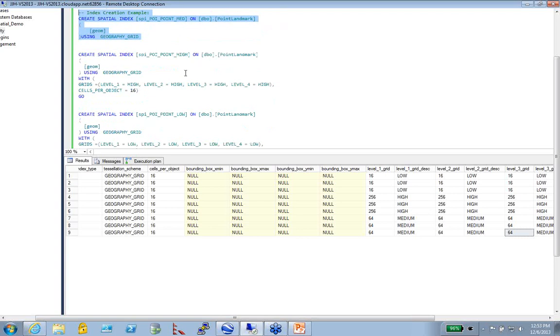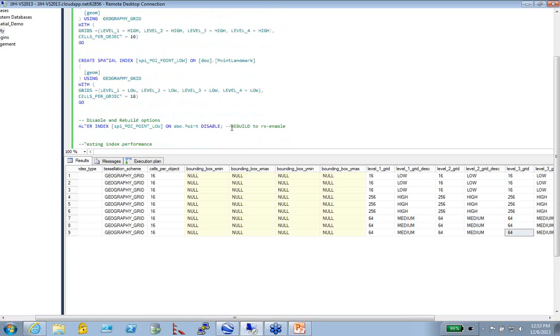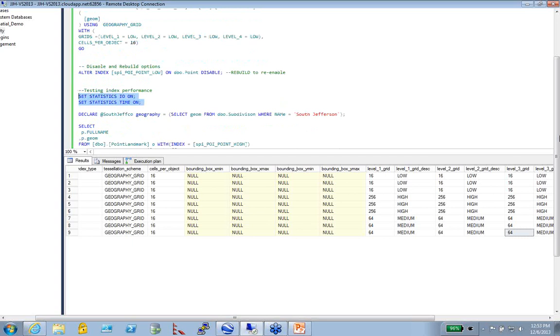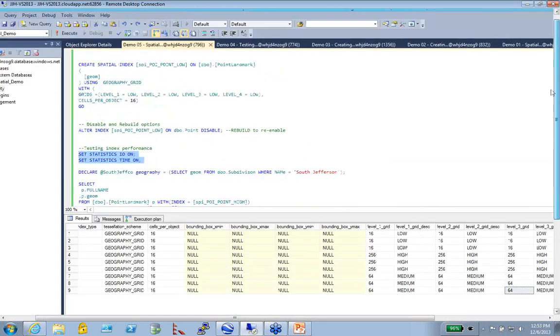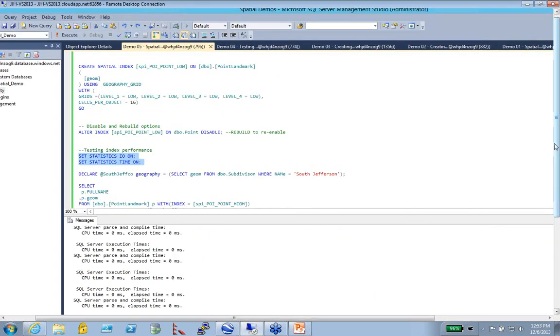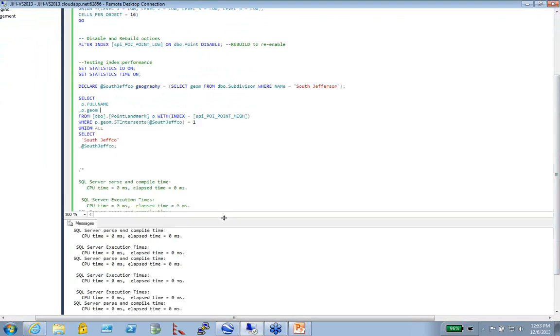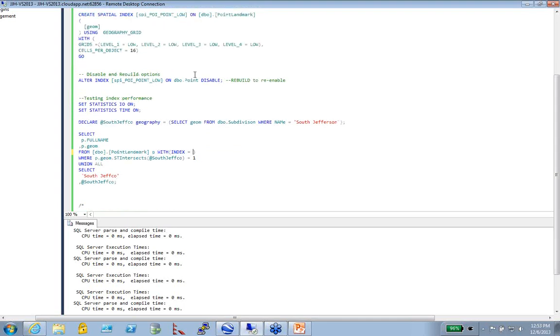So I've created one that was all high. I've created one that was all low. You can disable them just like you can a normal index. And then I will go through here very quickly, because I know we're running out of time. Set statistics IO and statistics time on, and I've got this real basic query I'm going to run. Now notice here I'm going to provide an index hint, and I'm actually going to take this one out. Now I'm only putting this hint in